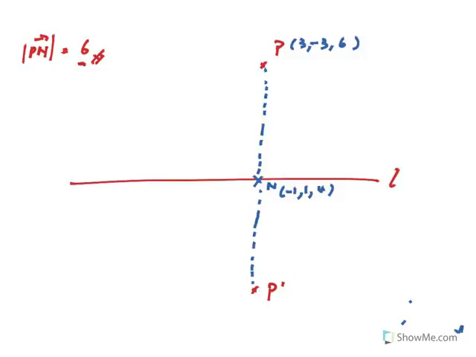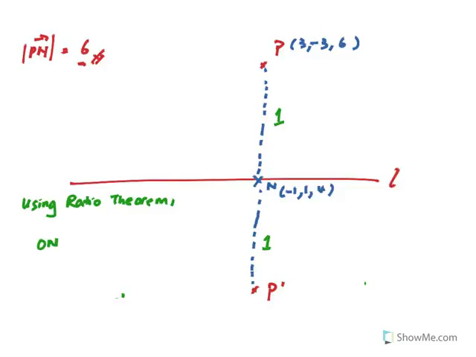One thing you must remember is that since it's a reflection, this distance and this distance should be the same. So if you go backwards, we are actually talking about the ratio theorem. If I compare PN to NP prime, the ratio is 1:1. Every time you see a reflection question, highly likely you can use the ratio theorem to help you. So using the ratio theorem,